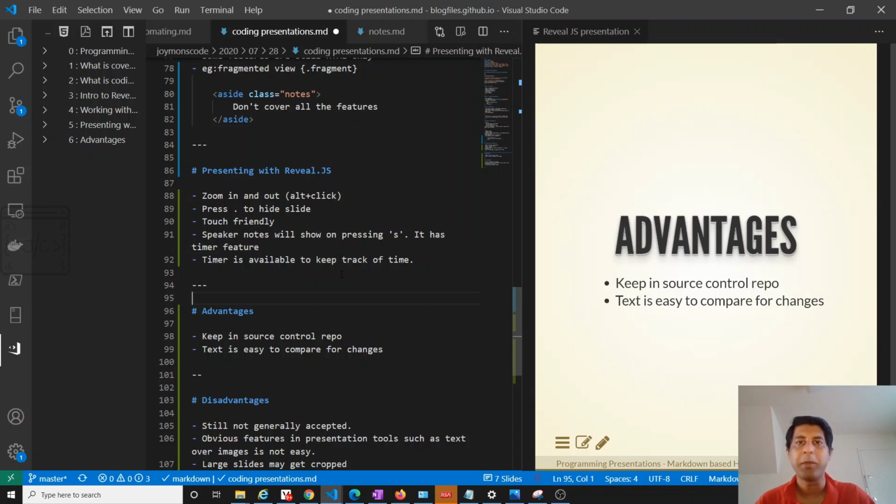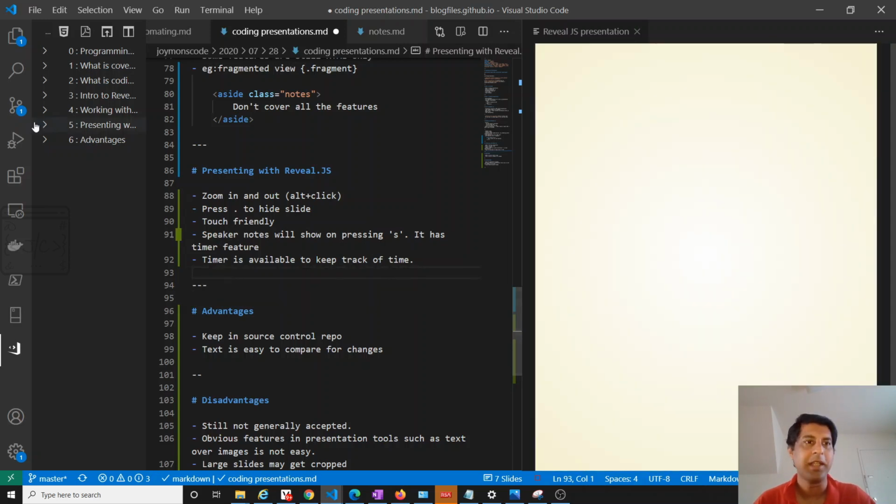If it is in PowerPoint, they are following a binary format now, which is PPTX, a zip file with a lot of files inside. And if you compare that PPTX, we don't get anything, like who changed what and things like that. Let me show how we can do the comparison.